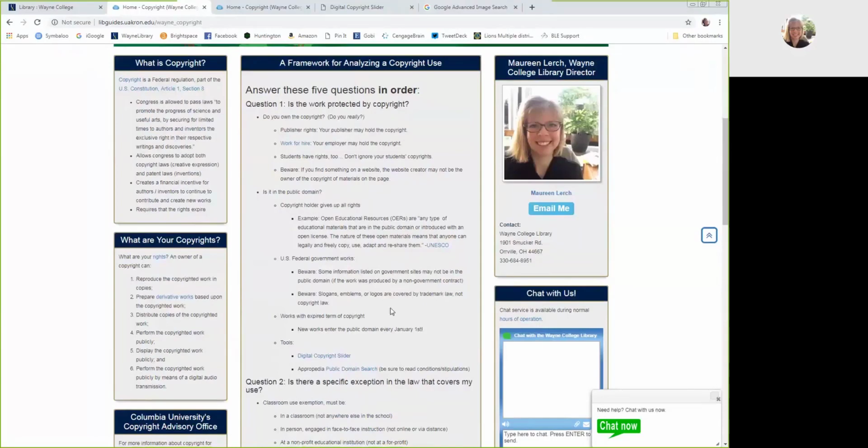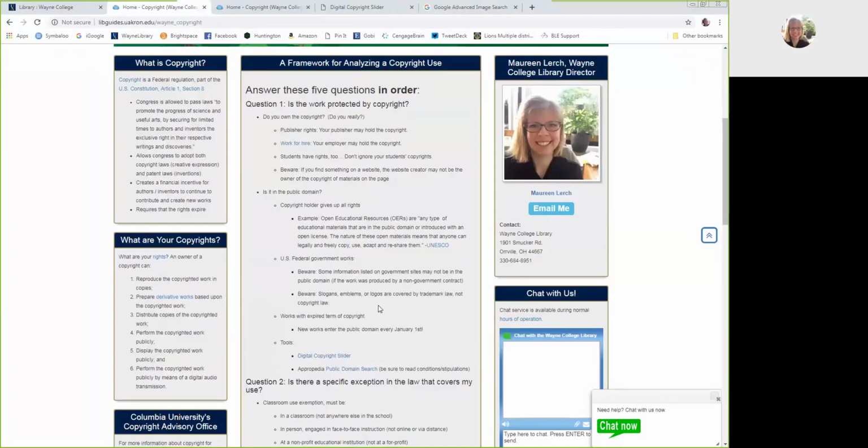But keep in mind that sometimes there will be materials or research studies that are published on a government website that have retained copyright owners. So just read those materials very carefully. And also, another piece of this is that slogans, emblems, and logos are covered by trademark, which is a whole other ball of law, okay? So that's not actually copyright, that's trademark law.